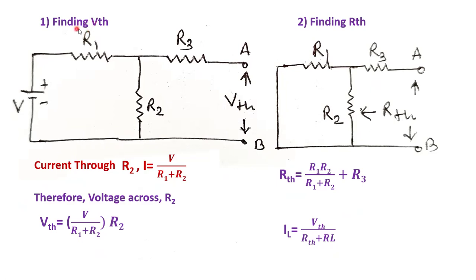So first see, finding VTH. What we have to find out in this equation, you see IL is equal to VTH upon RTH plus RL. But how to find out the value of VTH? So for that there are some steps. And what are those steps? You see, in this one, we removed the load resistance RL connected to the points A